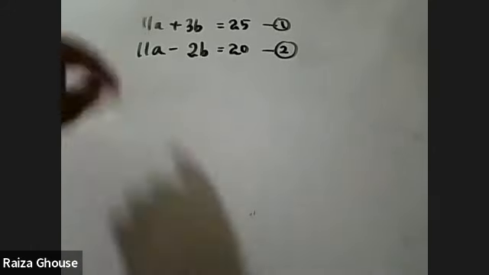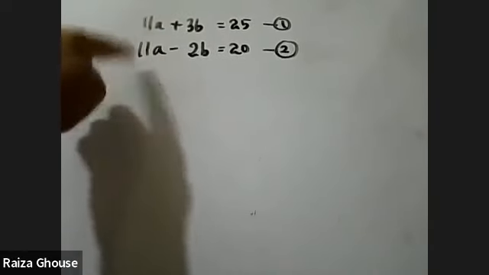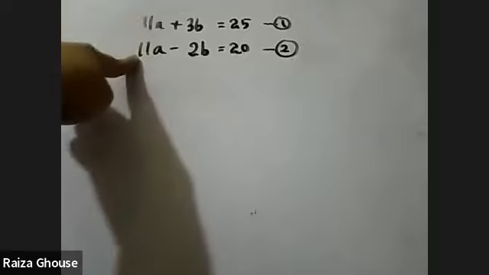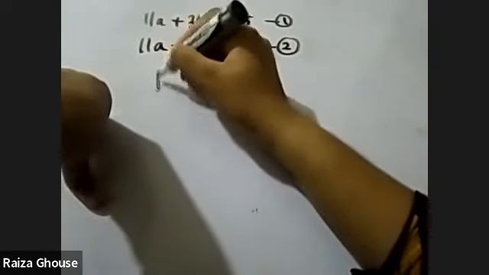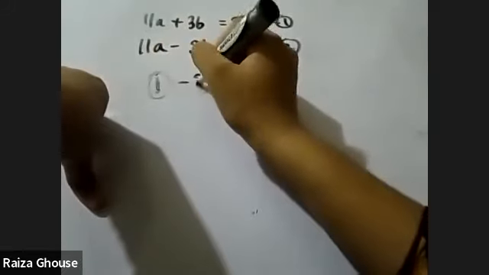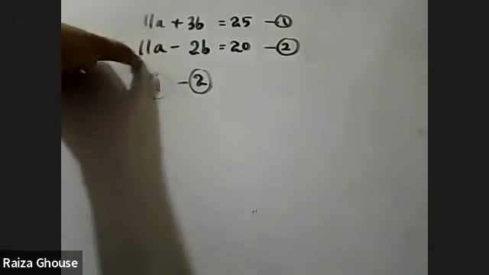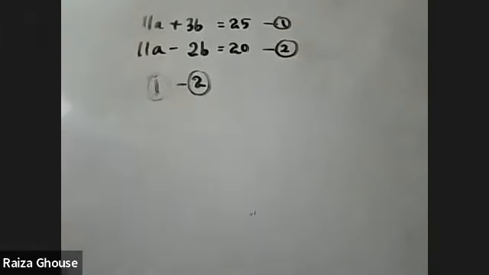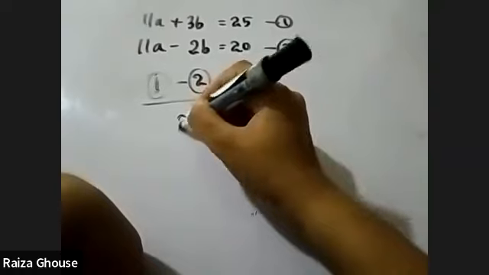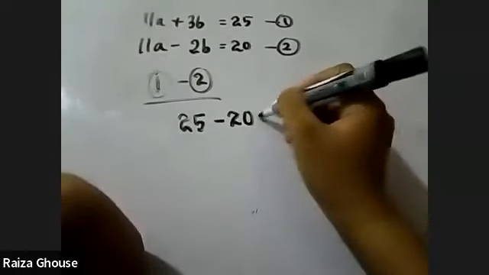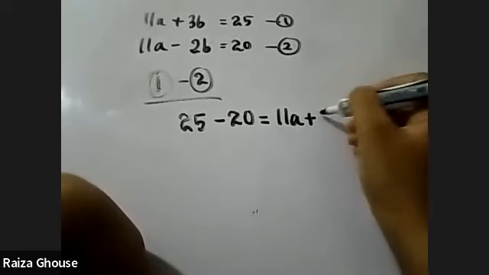So I can write, no, miss, you have to subtract. Yeah, we have to subtract because, sorry, both are plus. The coefficient is positive. Both the coefficients are positive. I forgot. So then you have to do first equation minus second equation. Yeah, I've checked. Right. So if the coefficients are same and the symbols are also same, then you have to minus. Now we can subtract: 25 minus 20 equals 11a plus 3b